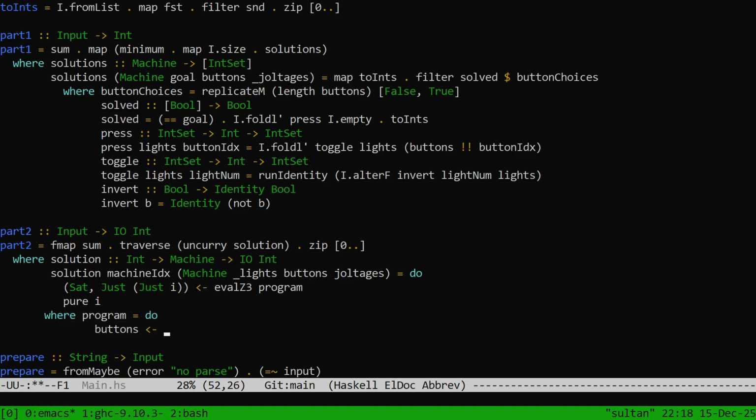Right. Each of these is going to be, okay, buttons from traverse. Buttons from 4. For zip 0 with the list of buttons, I think. Lambda n, and then it's going to be